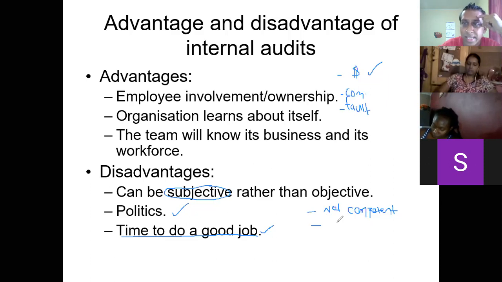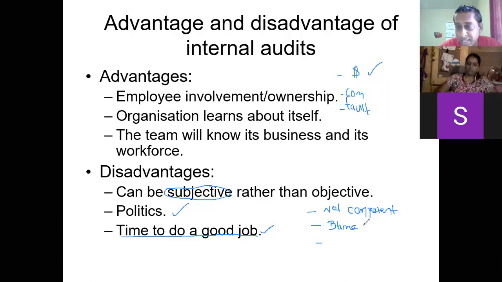The person really may not know how to ask a question. They may ask blaming questions. Blaming questions is like, why did you do that? And of course, all of that is part of good auditor training. So they may look to ascribe blame. You may get a blame culture in the tone of the questions, especially if the person doing the audit is a supervisor and they were auditing a department that they knew had an accident. They may then be on a witch hunt, trying to find out why the accident happened.